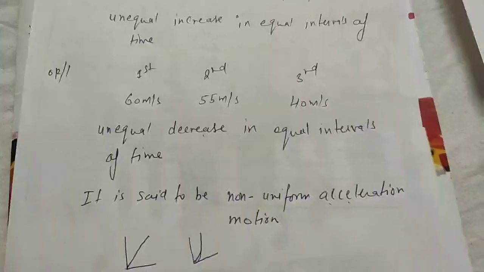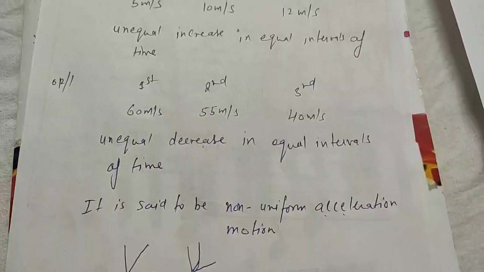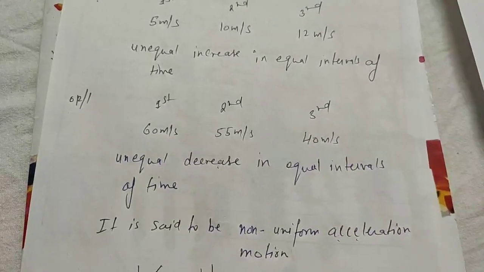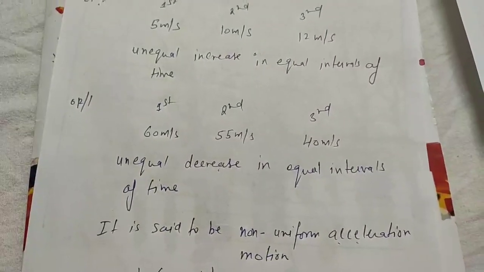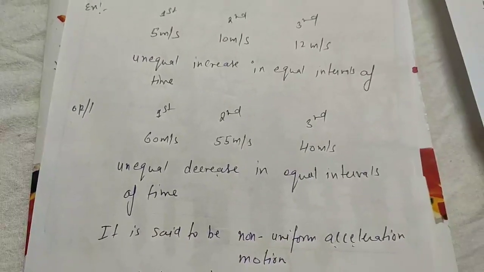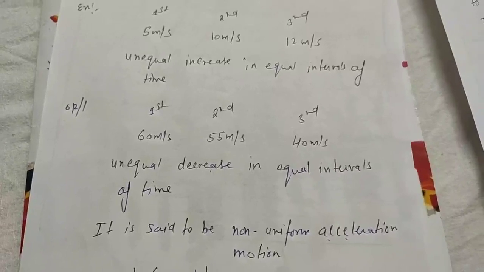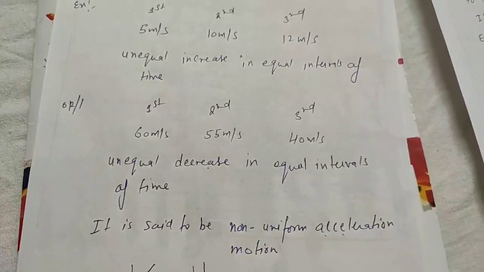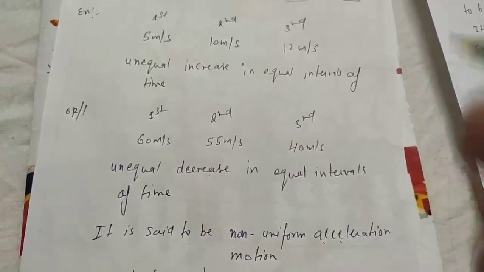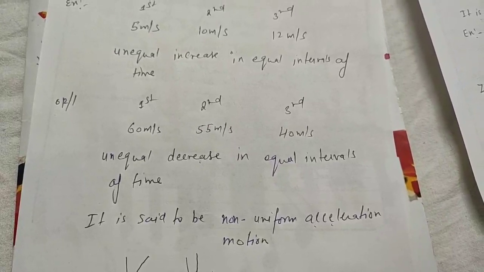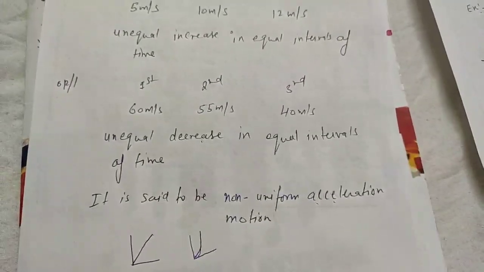Clear? So here we end our topic of the class today. We have studied today the recap of speed, velocity, then average speed, average velocity. We studied uniform motion, non-uniform motion, and then acceleration. In acceleration, we studied accelerated motion, deaccelerated motion, then zero acceleration where there is no increase in the speed, and then the two types of other motions, that is uniform acceleration motion and non-uniform acceleration motion.